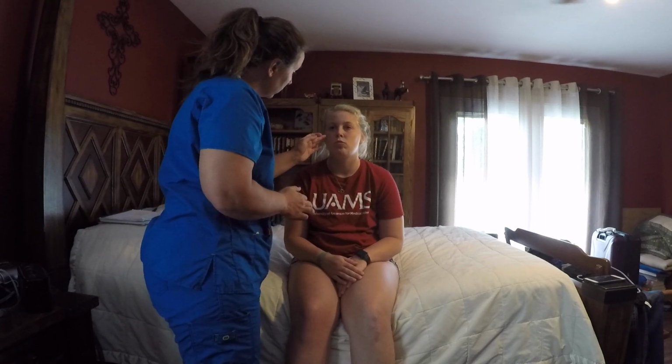Her eyes are clear. There's no discharge noted and no lesions noted. Her eyelashes are everted and equally distributed across both the upper and lower lids. At this time,